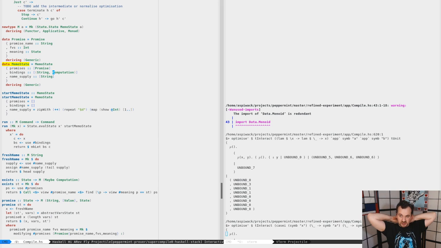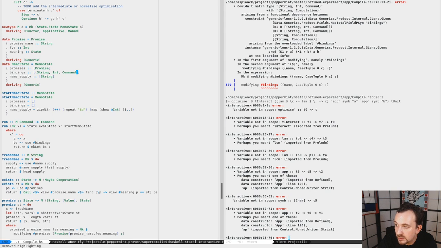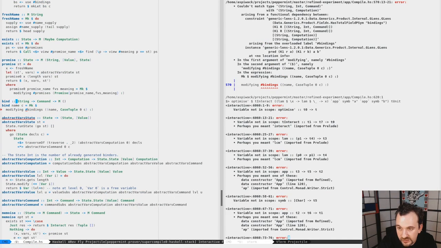I need the integer with number of, so int command. So bind string int command, and that would be